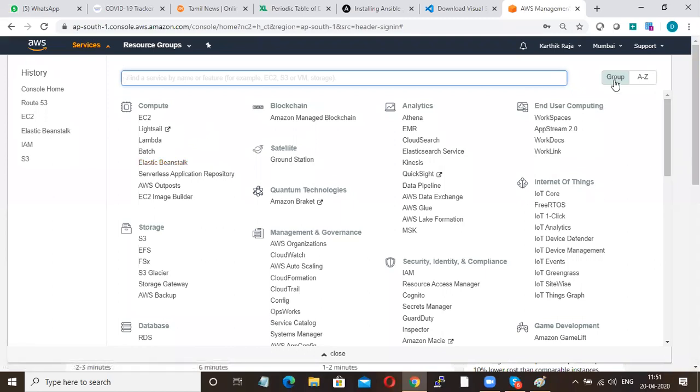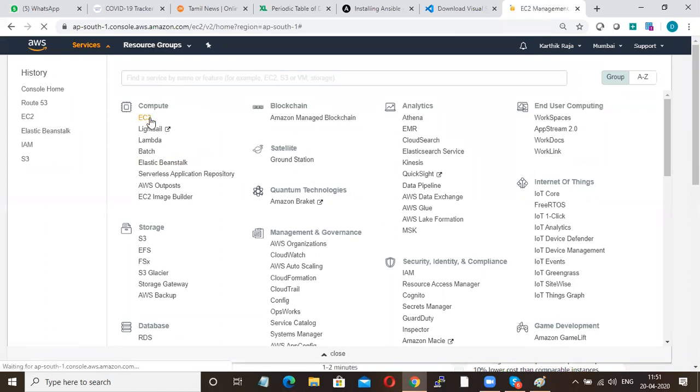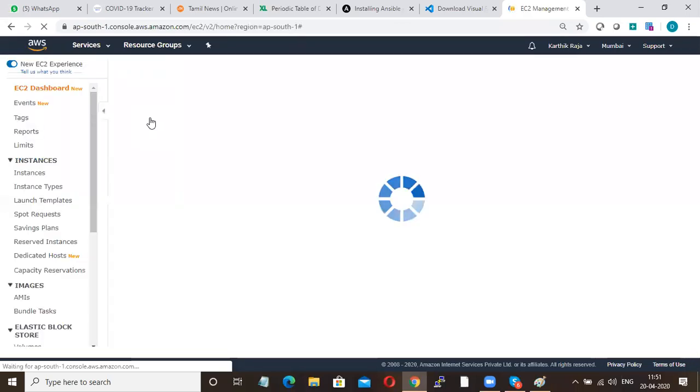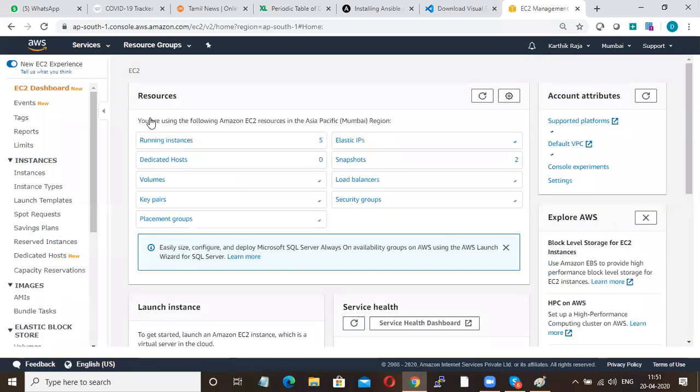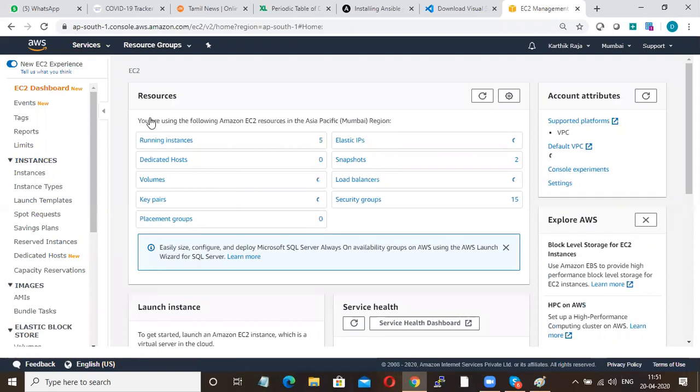Fine. So this is your AWS console, EC2. I'm going to install Ansible in an AWS EC2 Linux machine using pip. What is pip?